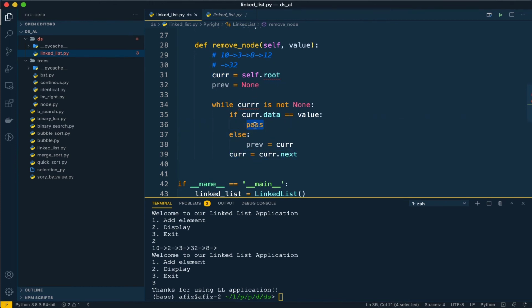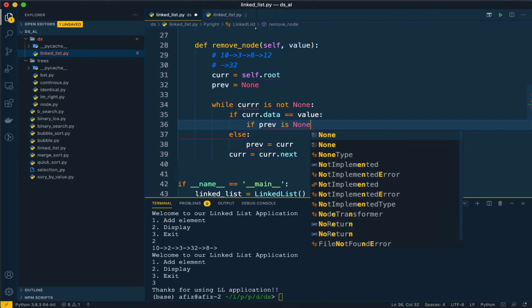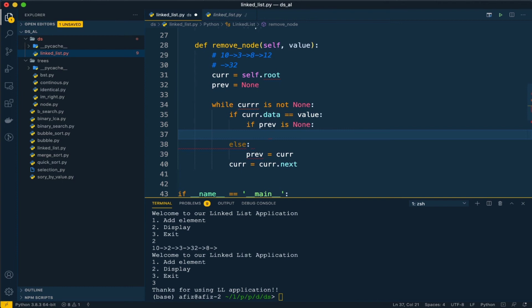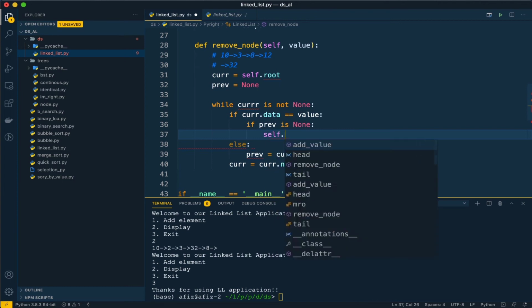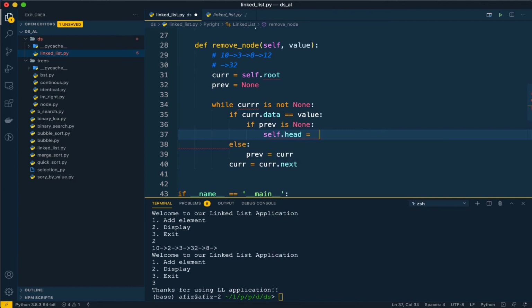Let's come to the main implementation here. We need to check if this is the first node. How do we know if it's the first node? We can check if previous is equal to none. If previous is equal to none, it is very simple: that means you identified the first node itself, so we can just remove this node.